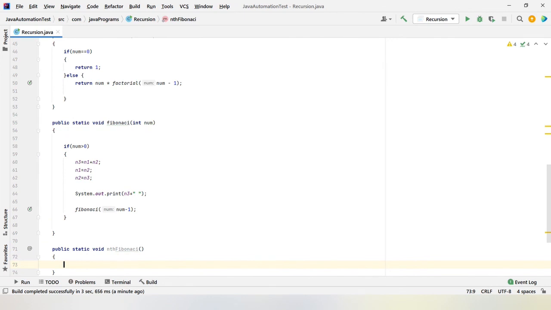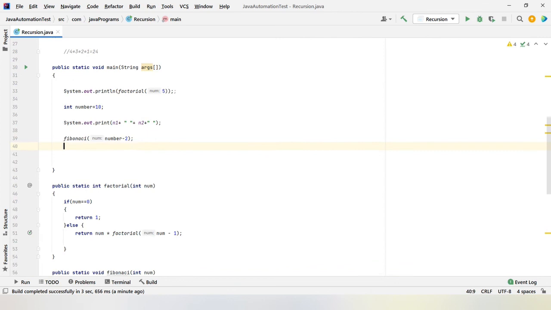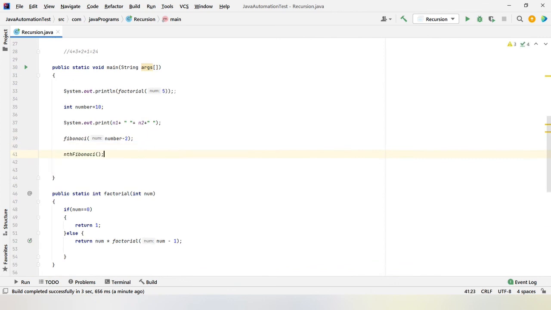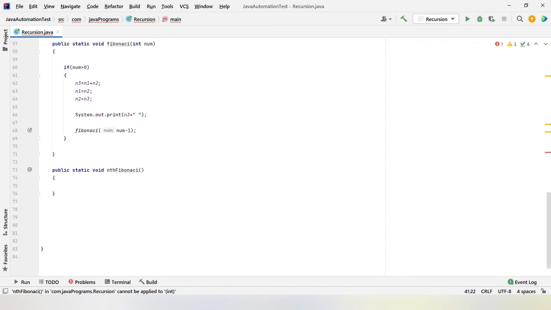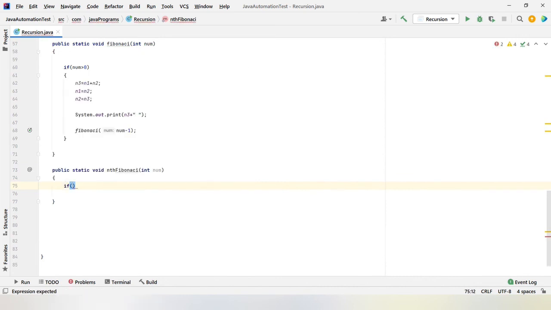Okay, so for that I need to pass variable here, which is nth Fibonacci of certain number. I need the Fibonacci number, int number. So first we need to check whether, so if it is, the number is